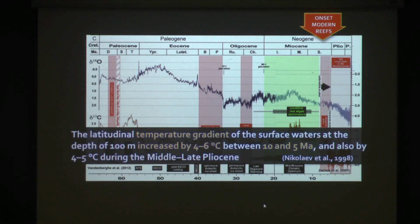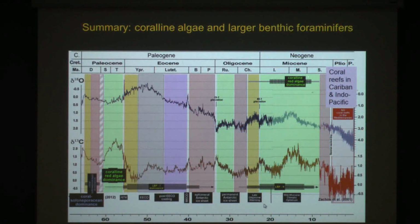So the other thing is that, back to the oceans, there's this huge increase in the gradient in temperature between the surface waters and the deep waters in the middle to late Pliocene. And what we see is that, so just to summarize what I've been saying in terms of the larger